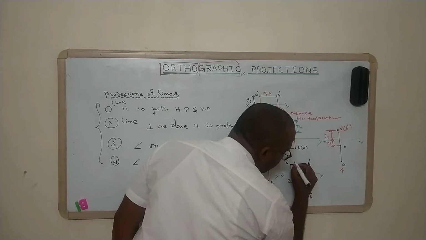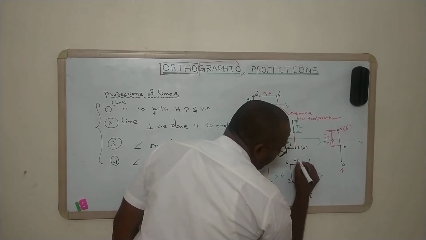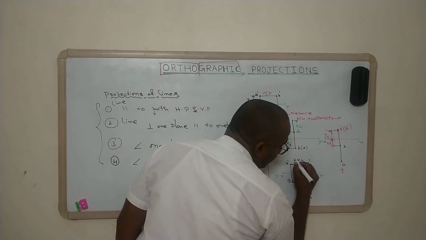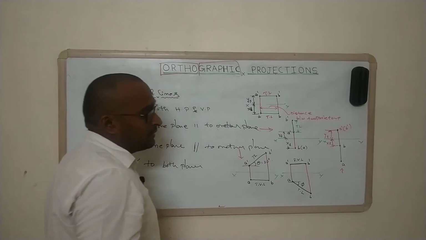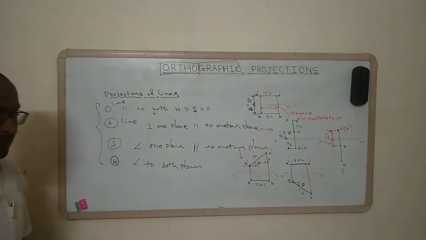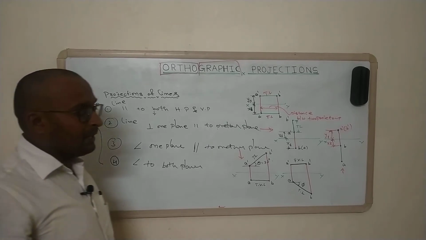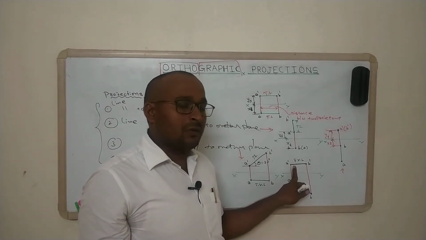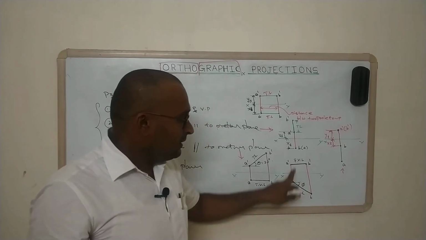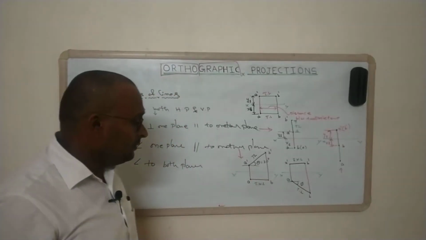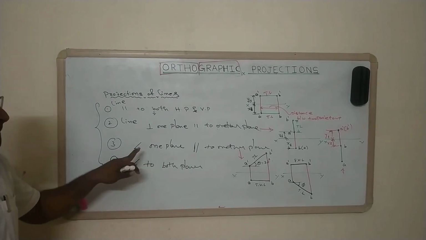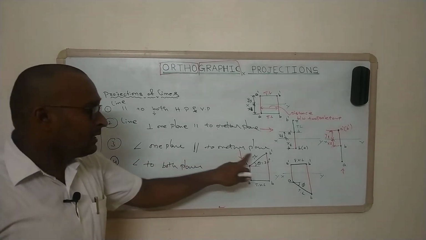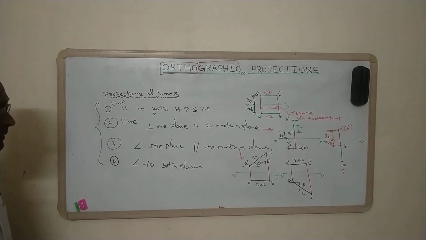Here this is the term front view length. Here it is the true length, also called the top view length, and here it is the front view length, which is a reduced length of the given line. When the line is inclined to VP, we get the reduced front view length, right? These are all the terminologies we must remember. These are the two conditions we have for inclination with one plane and parallel to another plane. Coming to a line inclined to both the planes.